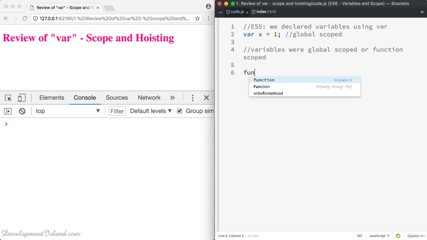So if you declare a function add1, for example, and you declare a variable x inside it, then you know that this variable here is function scoped, unlike the first one, which is global scoped. Now, if you return something like y plus x, and you try